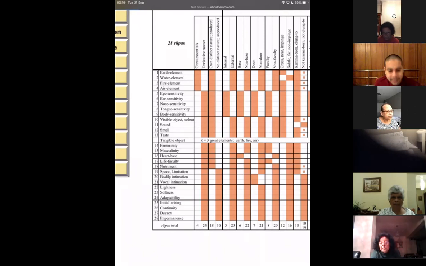So maybe, yes, true, Lakshman, correct. Maybe we can just spruce up that definition and say a door is by which data enters and data sort of moves out, right? So when it comes to the Pasada Rupas, the data enters, right? When it comes to bodily and vocal intimation, data is sort of communicated, isn't it? Right? Correct, Lakshman. Correct.